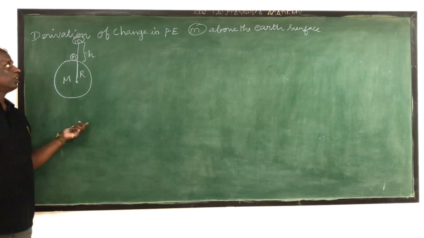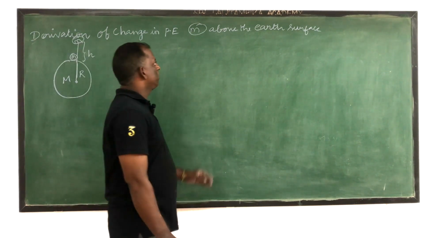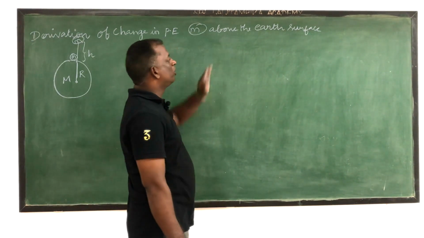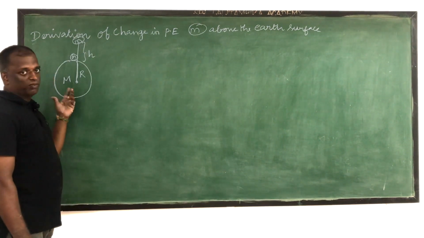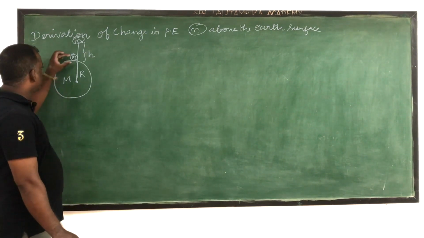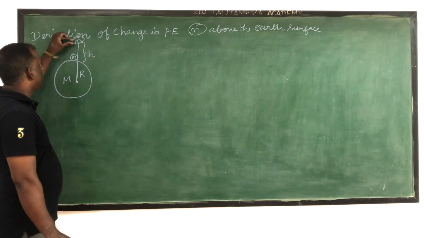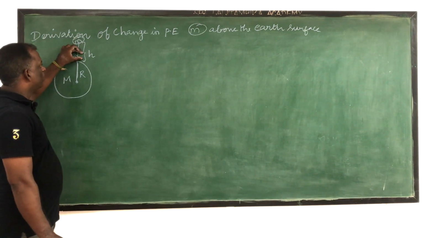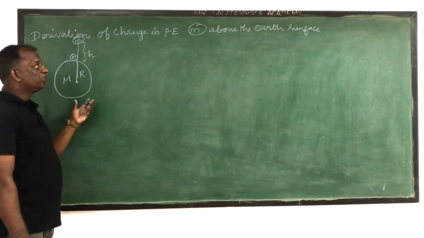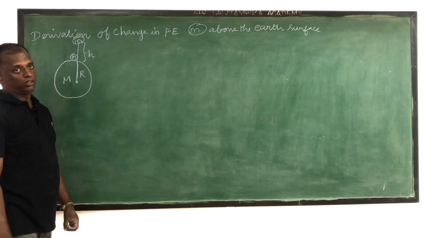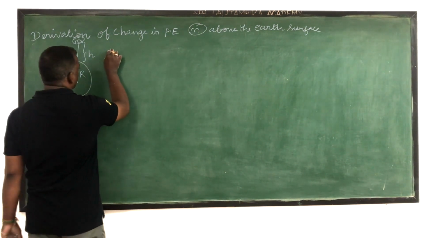So, the derivation of change in potential energy for a mass small m raised above the Earth's surface. Here, we raise a mass, a weight, above the Earth of mass capital M, by a height h. What will its potential energy be? So we know that delta u